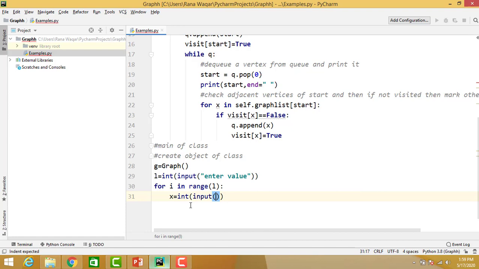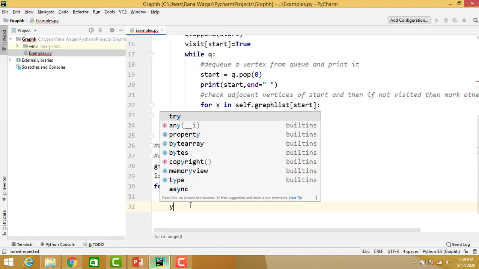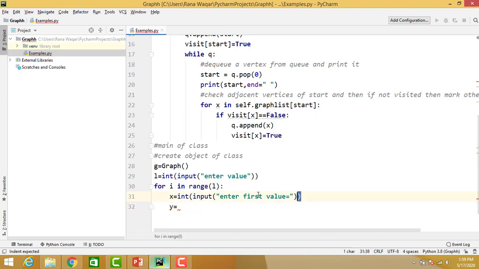There are two vertices of the graph from the user. Enter the first value, int input, and a second value.